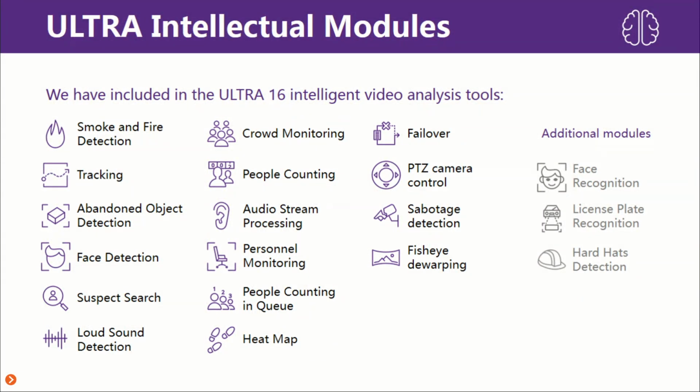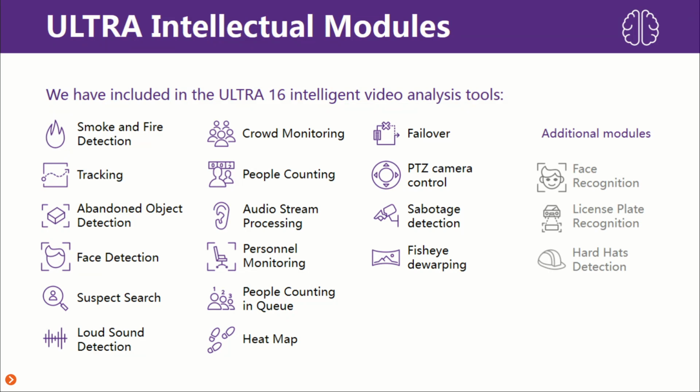So which intelligent modules can you work with when you are dealing with Ultra? Smoke and fire, tracking, abandoned object, face detection, suspect search, loud sound detection, crowd monitoring, people counting, audio stream processing, personnel monitoring, people counting in queue, heat map, failover. Then PTZ control,